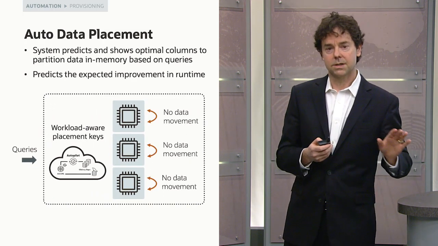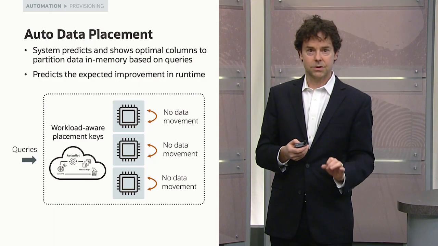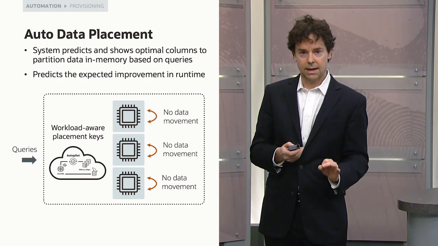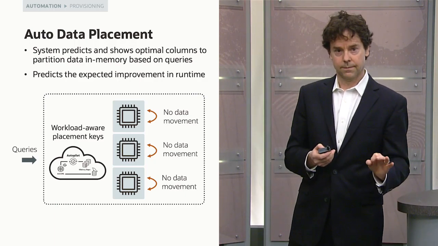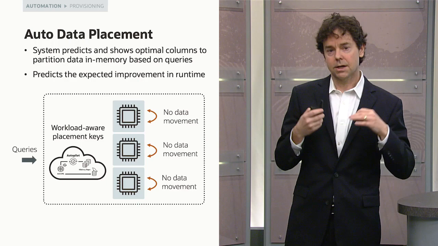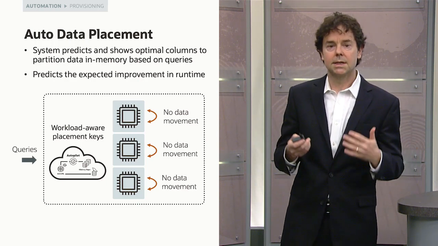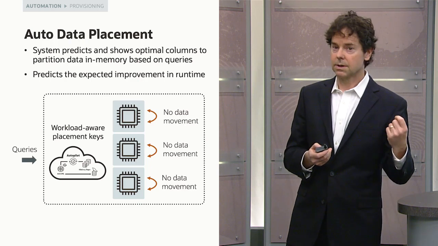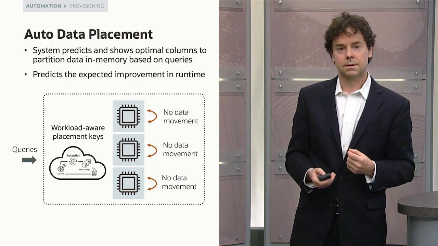Okay, so MySQL Autopilot advises you on how to place your data. Again, not just looking at your data, but also looking at your queries. I think most DBAs, what they do as a first guess, is they try to just partition based on keys. It's usually a decent guess. It's not usually the best guess, though. And you can see that when we run benchmarks.